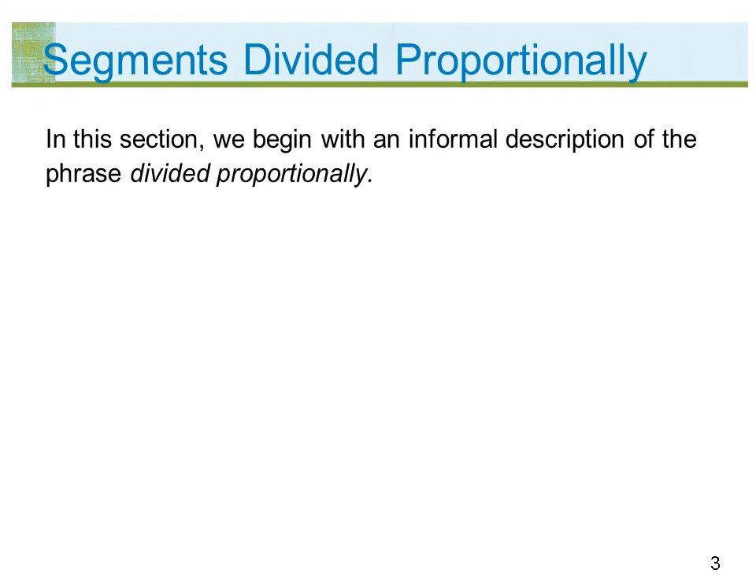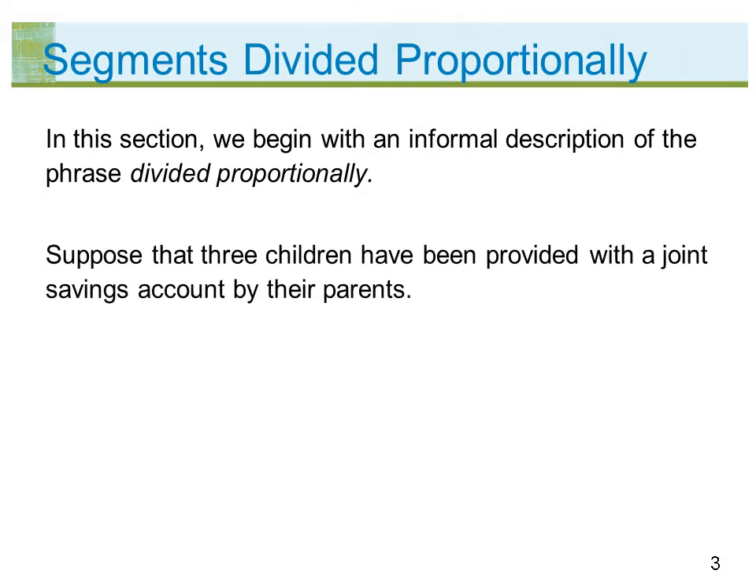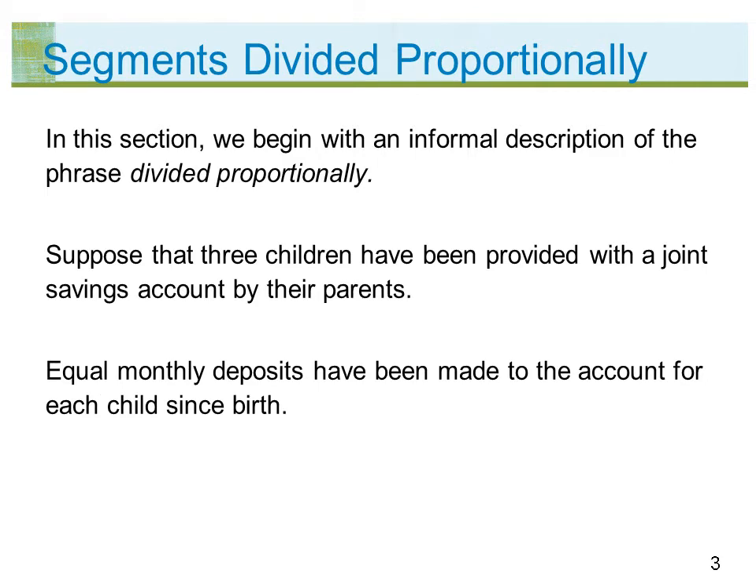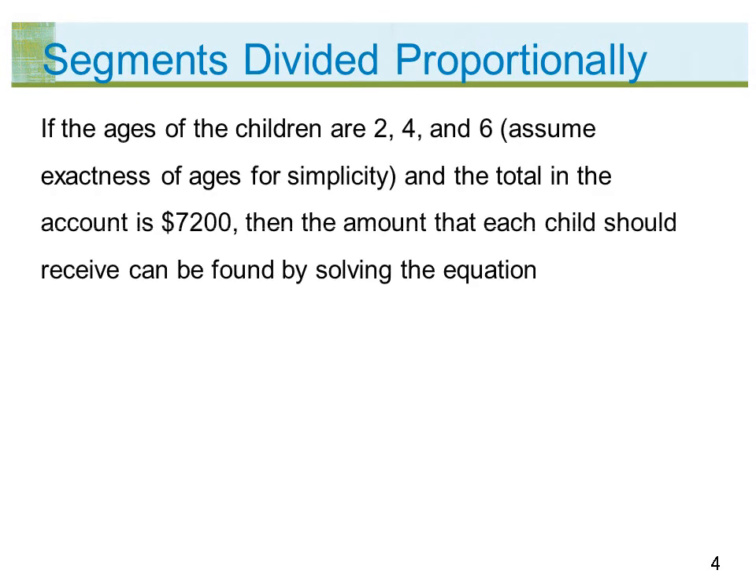In this section, we begin with an informal description of the phrase "divided proportionally." Suppose that 3 children have been provided with a joint savings account by their parents. Equal monthly deposits have been made to the account for each child since birth. If the ages of the children are 2, 4, and 6 (assume exactness of age for simplicity), and the total in the account is $7,200, then the amount each child should receive can be found by solving the equation